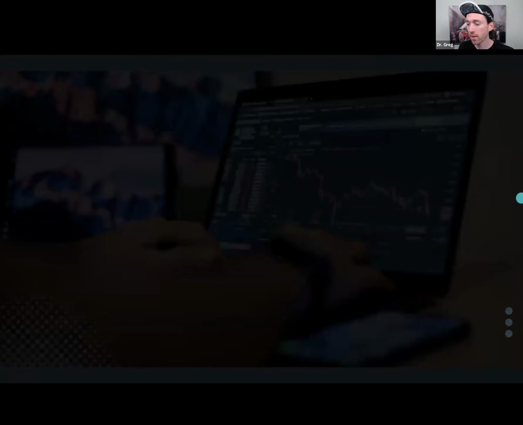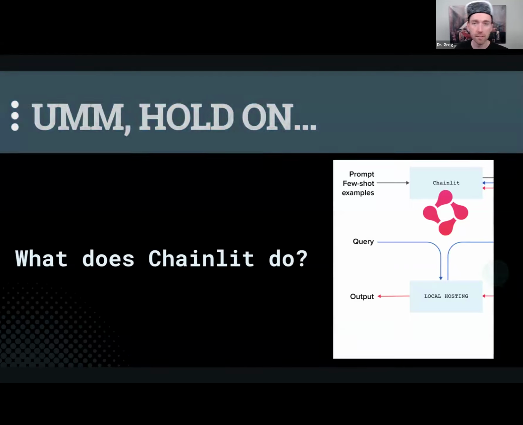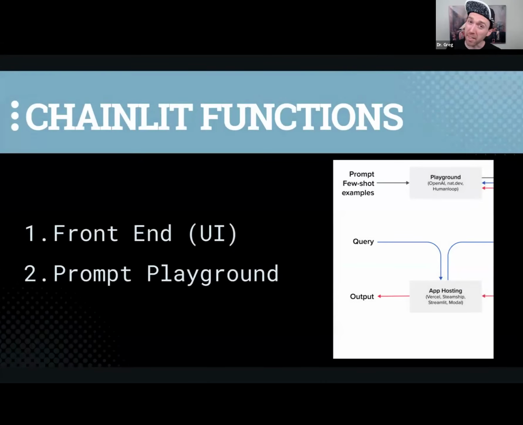And it's important to understand what is Chainlit and what does it do exactly? Well, it's a bit like Streamlit, Python programming UI. It's a front end. It allows your users to mess with the prompt. It allows them to really play with things. It allows you to actually do some AI engineering through prompting directly into the UI.